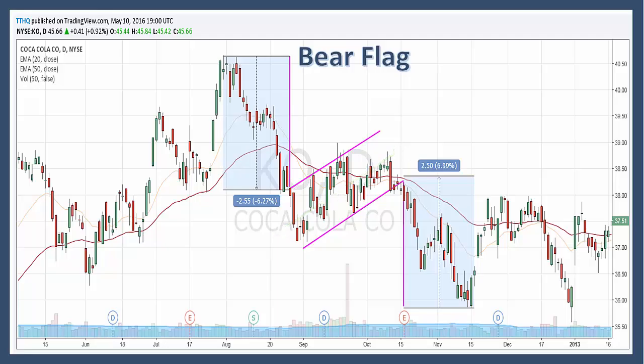Now, for a bear flag to be considered a continuation pattern, there should be evidence of a prior trend. A bear flag requires evidence of a sharp decline on heavy volume. This type of move usually occurs on heavy volume and will sometimes contain gaps. This move usually represents the first leg of a significant decline, and the flag is merely a pause in